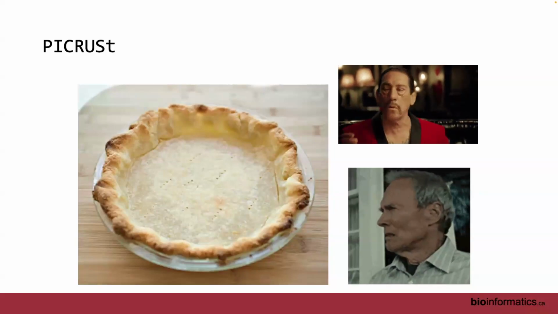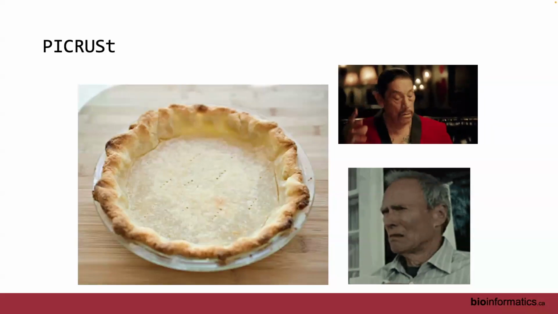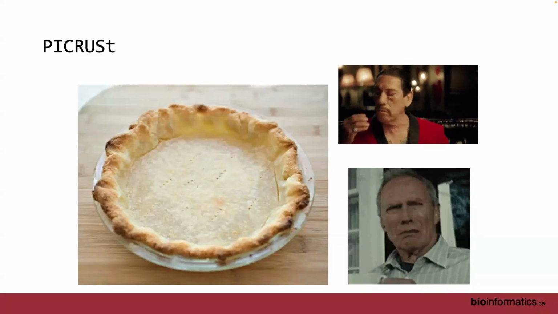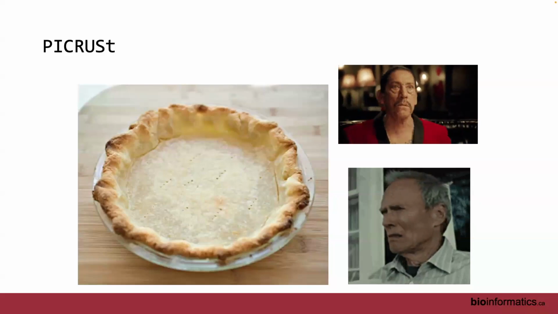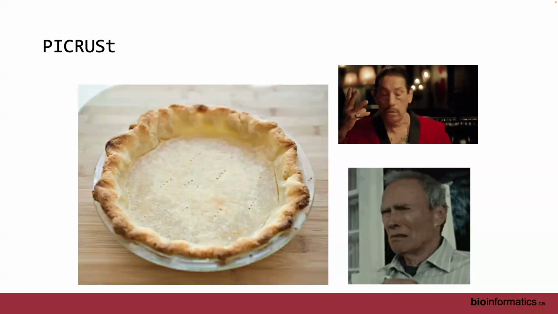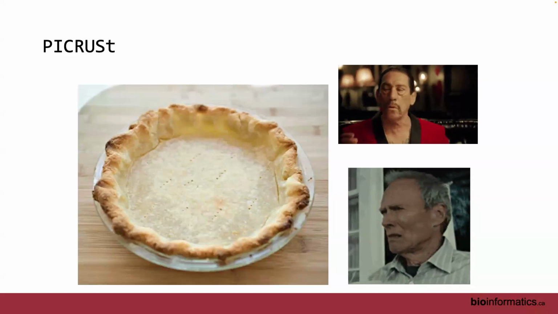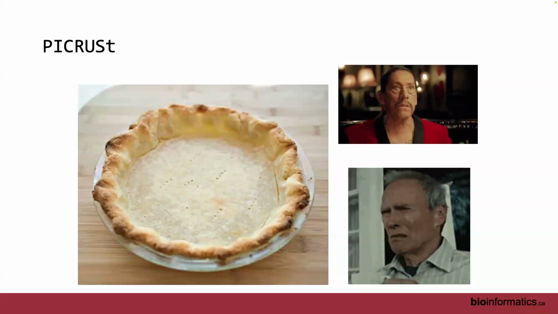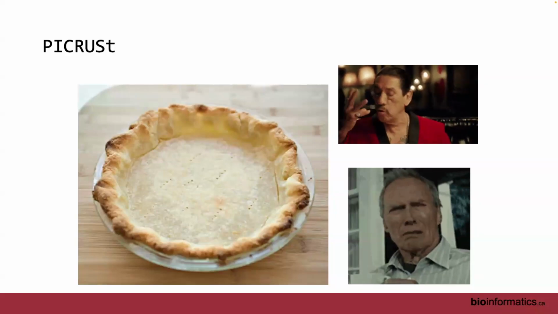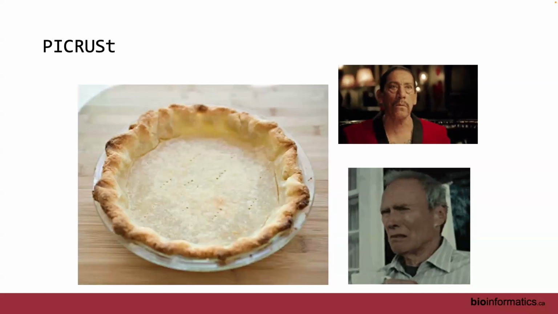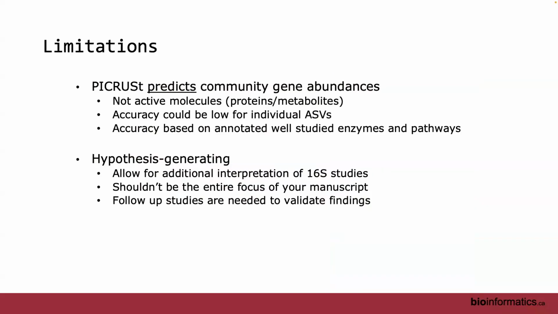It's a prediction method, just like many other things. I think you just have to keep that primarily in your head, that it's a prediction method, and you have to think about the samples you're applying it to. For human samples where we have good reference genomes, I think it's more acceptable. When you get into soil samples, there's a bit more pushback. The reason I feel bad about it is people use it and write papers, and then they get a really crabby reviewer who tears it up. I feel bad for those people. So usually I try to get the point across that yes, it's useful and has its place, but